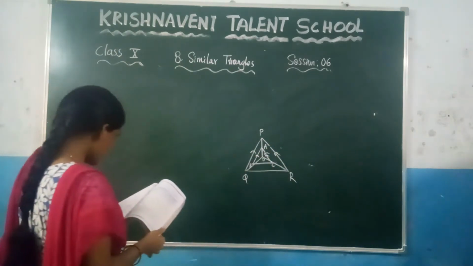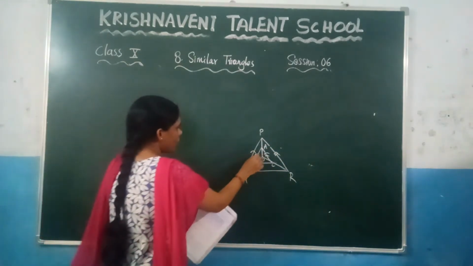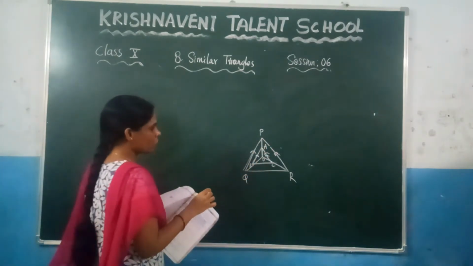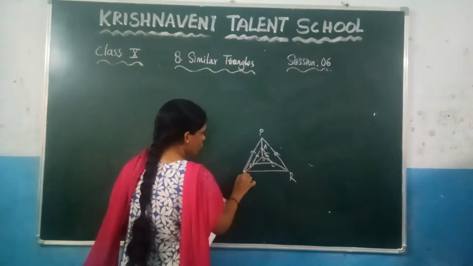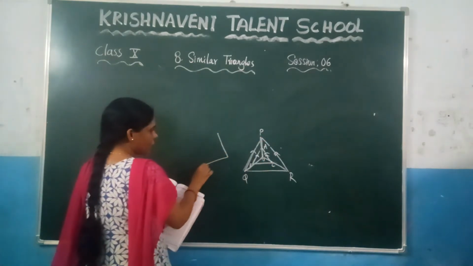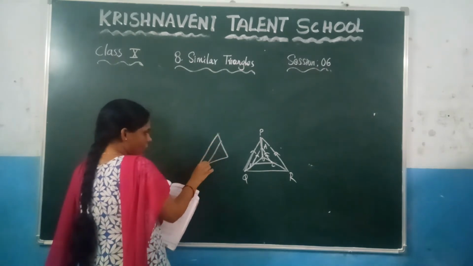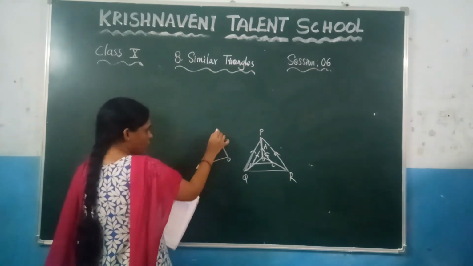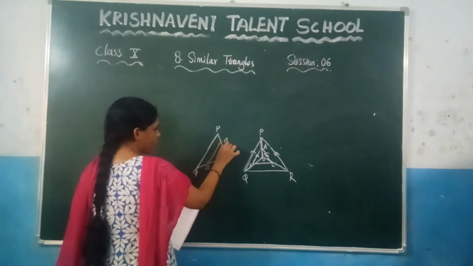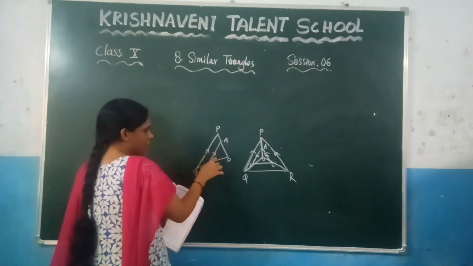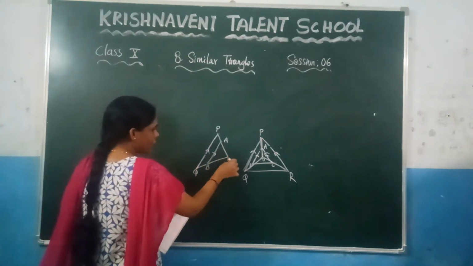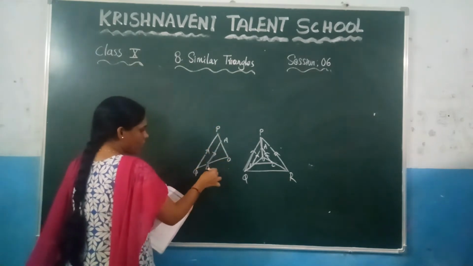So in this question, what they have given here is AB is parallel to PQ. That means which triangle do you need to choose? You need to choose this triangle. If you consider this triangle, this is O, this is P and this is Q, and this is B and this is A. So they have given that these two sides are parallel. So by the basic proportionality theorem, you can write OA by AP is equal to OB by BQ.